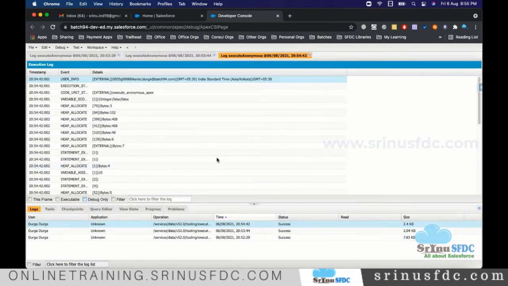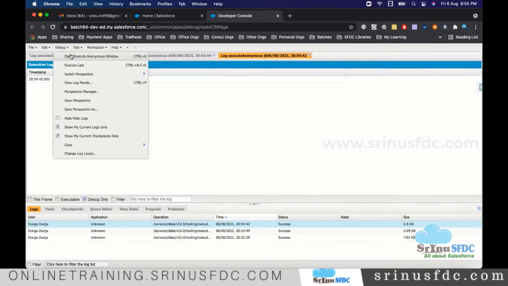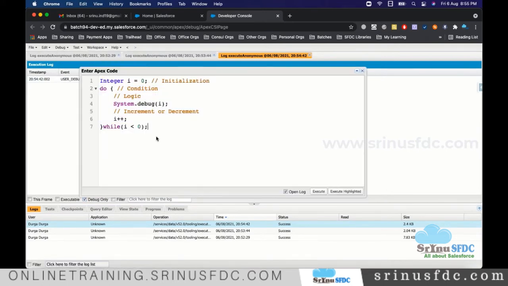Click on debug only. Now if you see, it is 0. So even though the condition is not satisfied, it enters. But if the condition is true, it works exactly the same as a while loop. Now if I give it like this, what will happen? The first time the condition is met, so it will print 0 to 9, just like how the while loop printed. Now, if you execute,